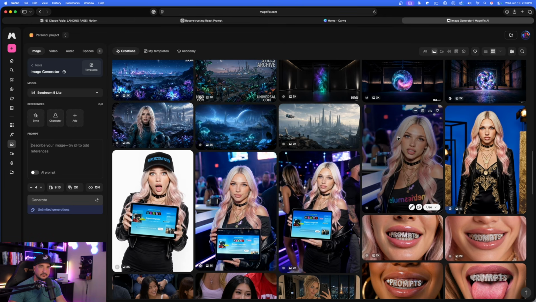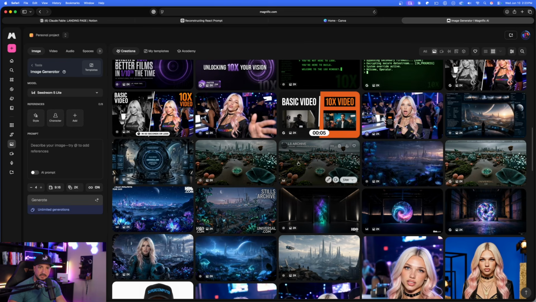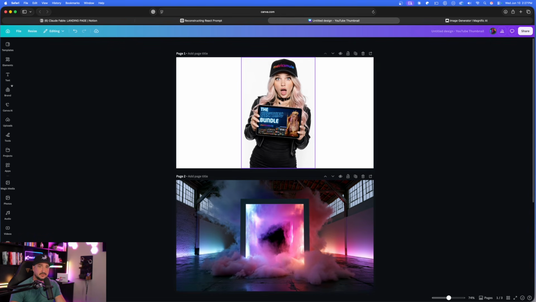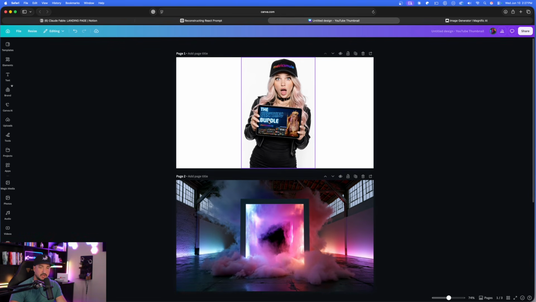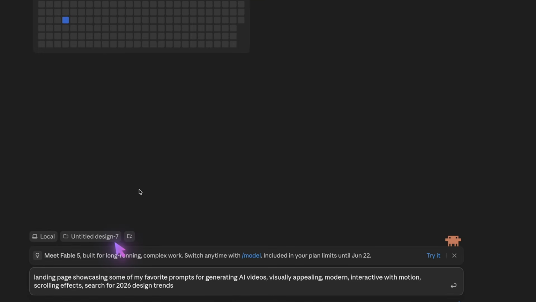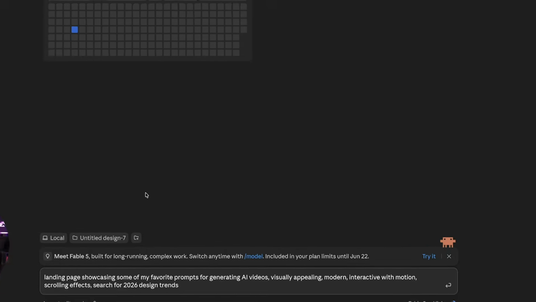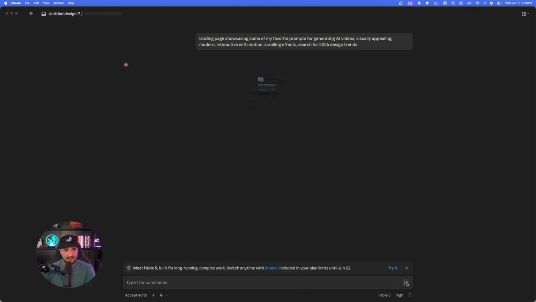So I'll go ahead and download a few of these images and maybe even some of these cool looks up here that really do make this look like a fantasy realm. Maybe I'll just download these for inspiration. Then what I did was I put some of these images into a Canva doc right here. You could see a few of them as I scroll. Then I went ahead and downloaded this as a PDF, and I had them all compressed into one folder. And you can see on the left-hand side at the bottom, it just says Untitled Design 7. Once that's in there with your prompt and that folder, go ahead and hit that submit button.